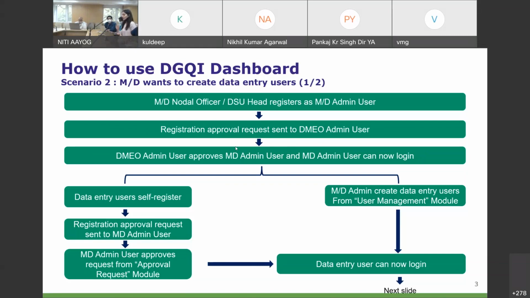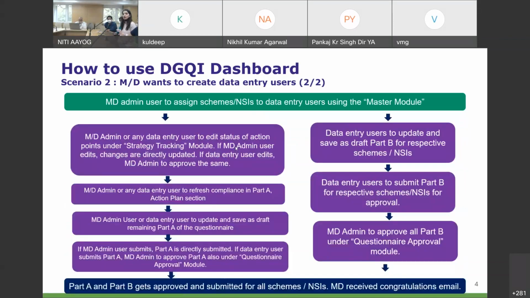So this is one step. The ministry admin can themselves create a data entry user. Since they have themselves created using the user management module, there is no need for approval. Once this is done, the data entry user is generated and can now log in. After the data entry users log in, the ministry admin needs to assign the schemes and NSIs to a particular data entry user under the master module. Once the schemes are assigned, only then these schemes will reflect for the data entry users in the drop downs